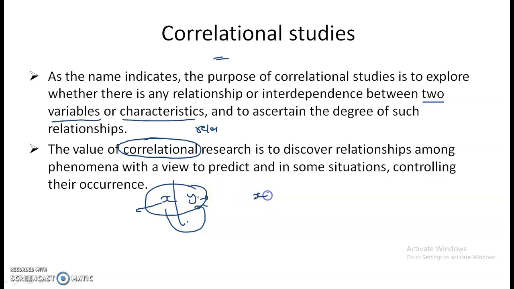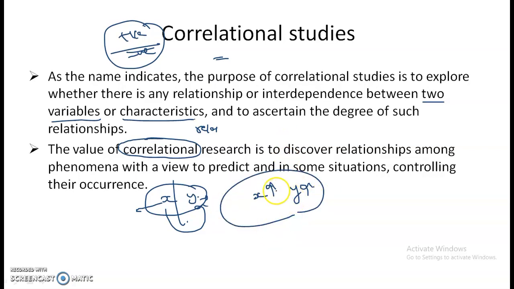So that is nothing but a correlation, and in this correlation also we have two different types. One is positive and the second one is negative. Positive correlation means if you are increasing x, then y also increases. That is nothing but a positive relation between these two. And negative relation means if you are increasing x, then y is decreasing. It is nothing but a negative correlation. So the above one is the positive and the below one is the negative correlation. Fine. Next.